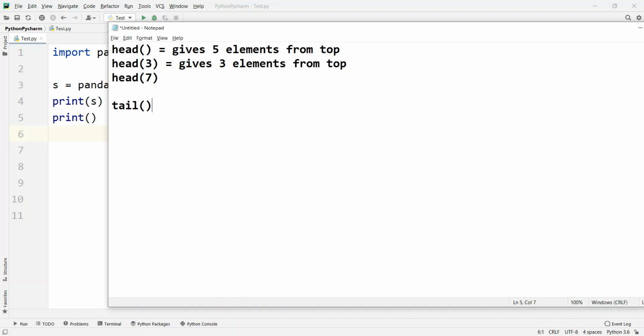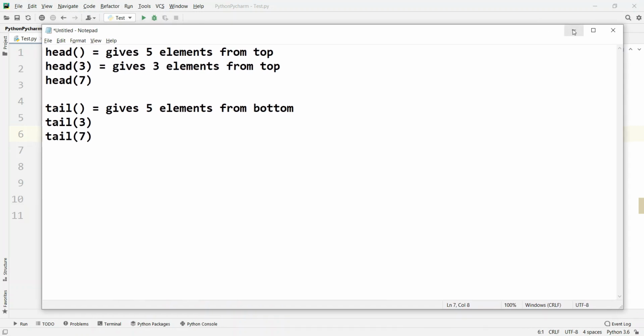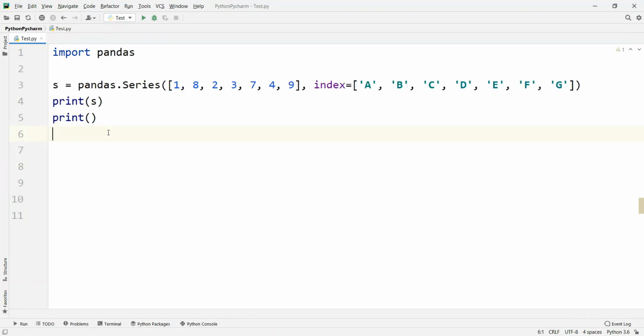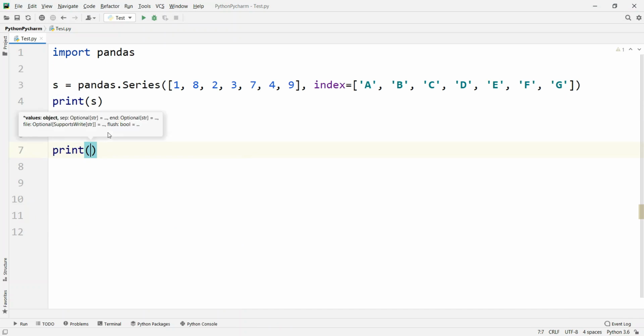If you write the tail function and don't write anything inside these brackets, what is going to be returned? In this case, it will give you 5 elements from the bottom. And if you want 3 elements, obviously you will write tail 3, and if you want 7 elements from the bottom, you will write tail 7. I hope it is very simple for you to understand. So let's now check them out here. Let me write print s dot